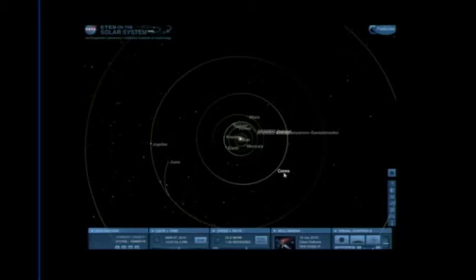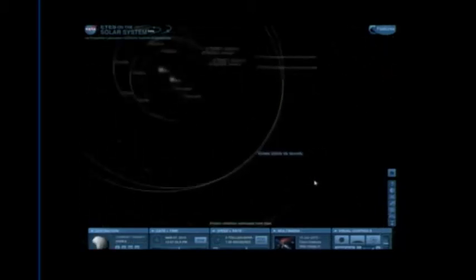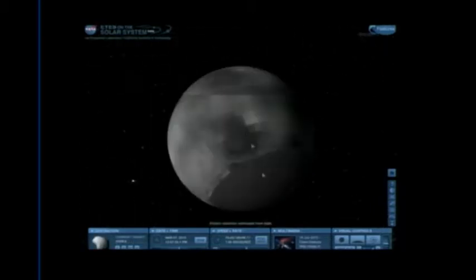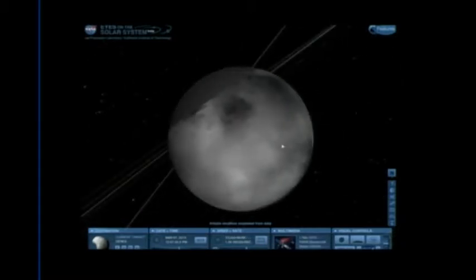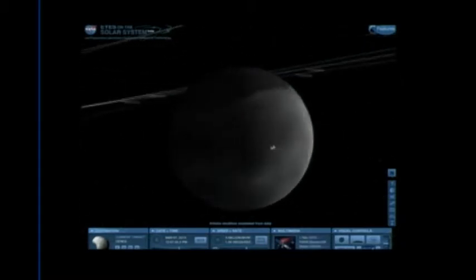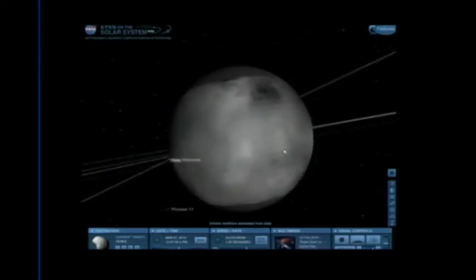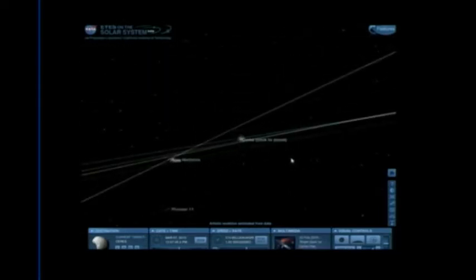Dawn's approaching, it's going to start to orbit. I'm going to double click on Ceres. We're going to change this model to a much better one. In fact, at the end of next week, we're having another release. We release about every 2 weeks. So, for example, we have a much better texture of Ceres. A really nice one. But for right now, I'm going to zoom back a bit.